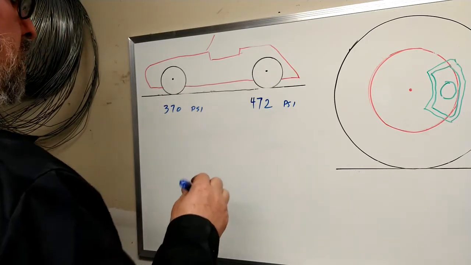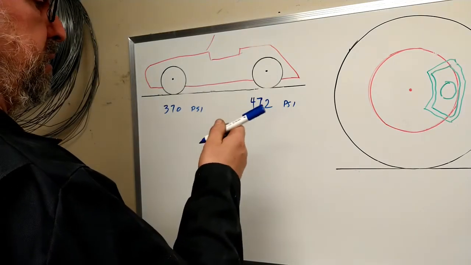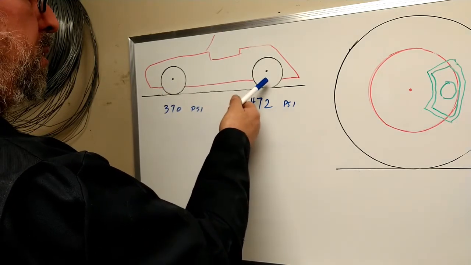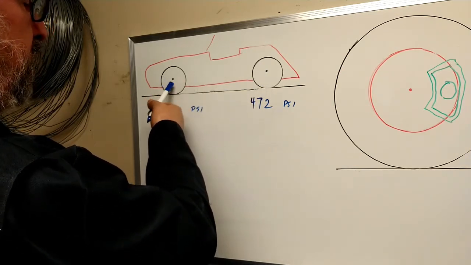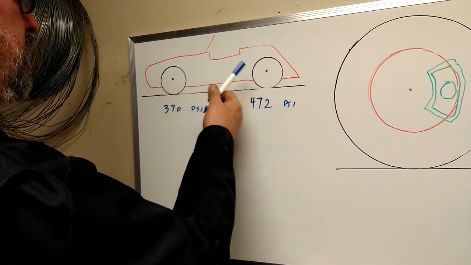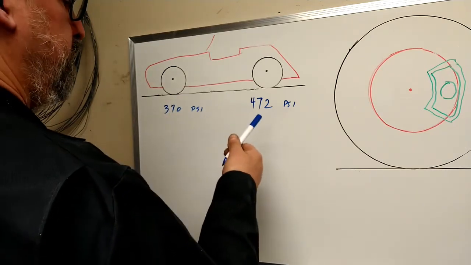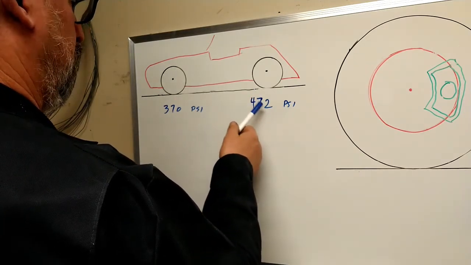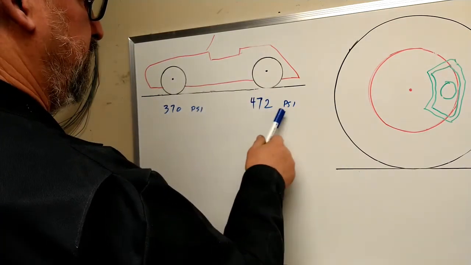One of the basic elements of selecting a braking system, and one of the things you want to achieve, is that the front wheels always lock up before the back wheels, because front wheels locking up is a stable condition. But if the back wheels lock up first, the car tends to flip, it tries to change ends on you. So what this means in this application is that I want to reduce the pressure on here. If I have 370 in the fronts, I don't want to have 472 or more than that in the